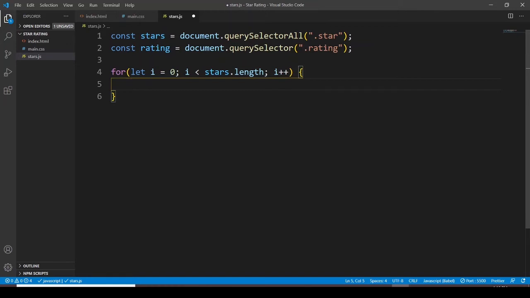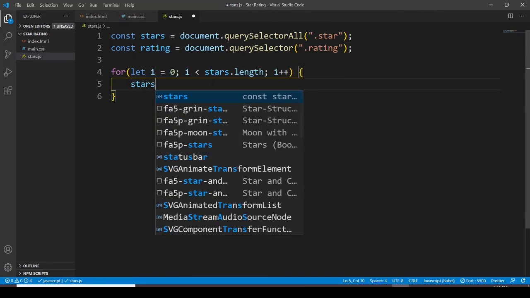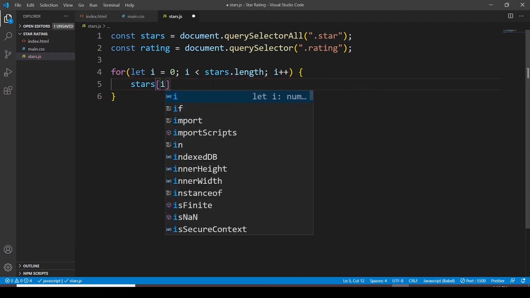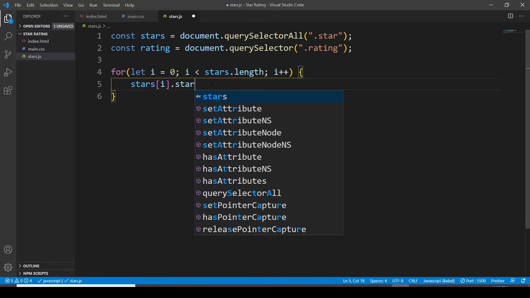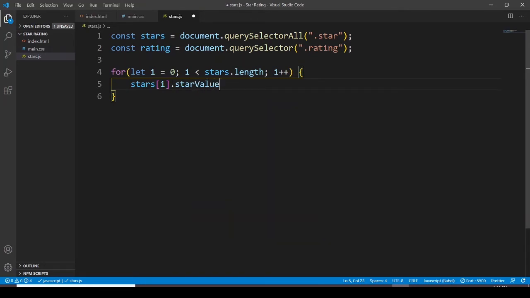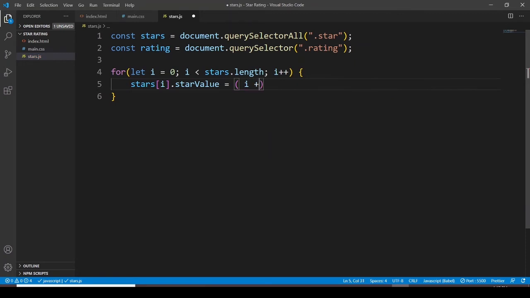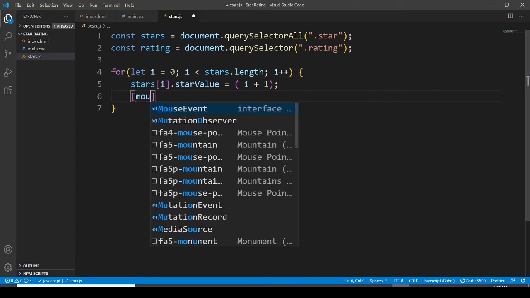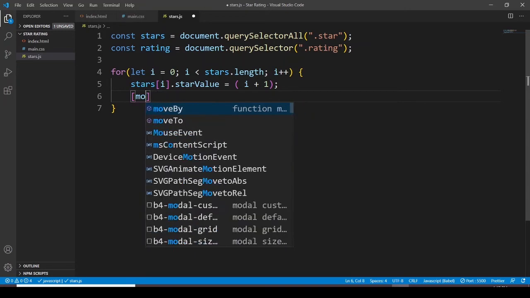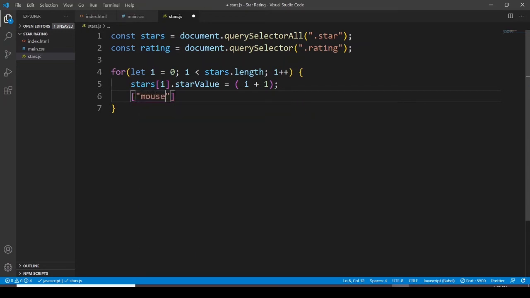And then we have to get the stars, and let's have an array of i. This loop is going to be in that, and let's say star value, and then we have to say that this is going to be equal to the i, which is going to be 1, as I've mentioned to you guys before. So then we have to use an array of the events we are going to listen. So the first event we are going to listen is mouseover, as I have defined to you before, that when we